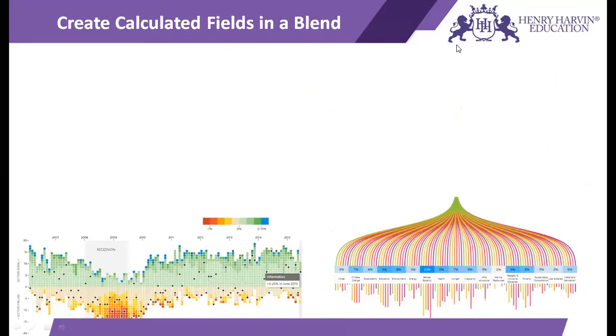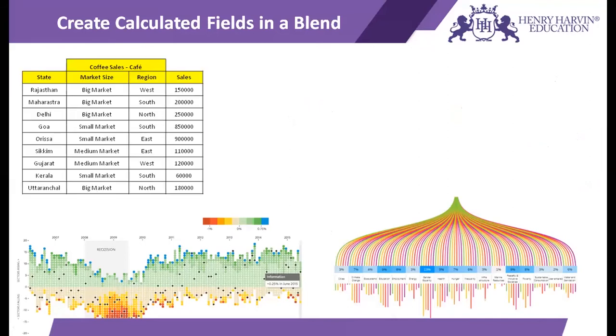Since we have already studied in our previous videos what is a calculated field and what is a data blend, we'll directly move to the example. Supposedly over here, I have this data set of the sales of coffee across a cafe in different stores of the cafe around the country. So in India, this coffee company is giving sales in all of its cafes across these states, and this is the sales in currency.